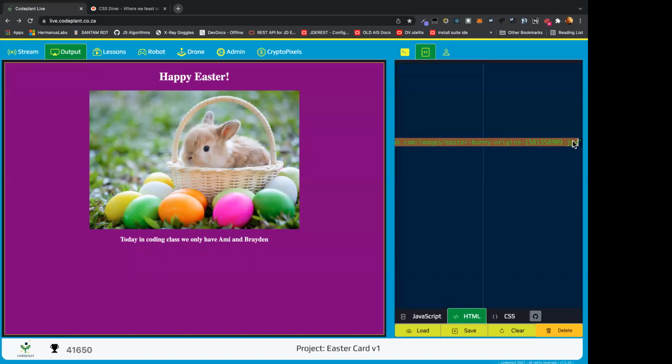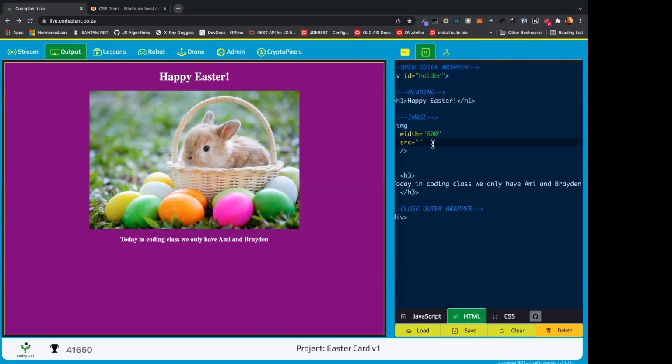Okay. So we're going to remove this image here, and Braden's going to show what this means. All this is saying is that there's an image somewhere on the internet that I want to show, and we just have to put the address. It's just like if I want to send a letter to Braden, I need to know her address, her PO box, right? And if I want to send her an email, I need to know what her email is. If I want to show this image there, I need to know what its address is, and that's the SRC. So Braden's going to go and do a little image search